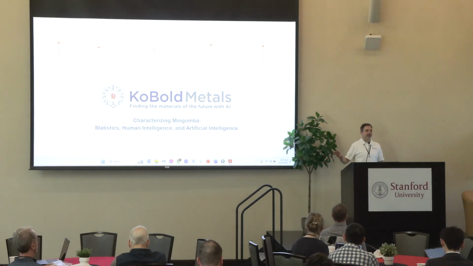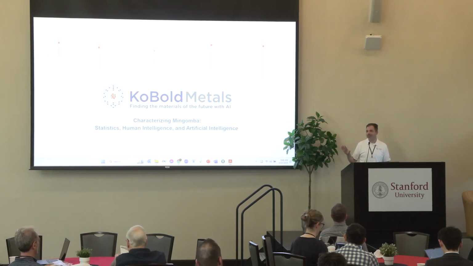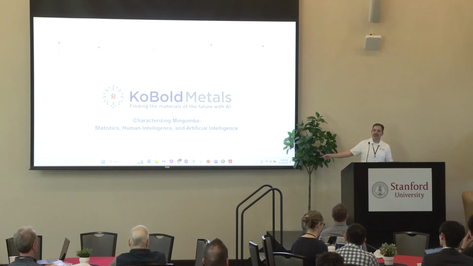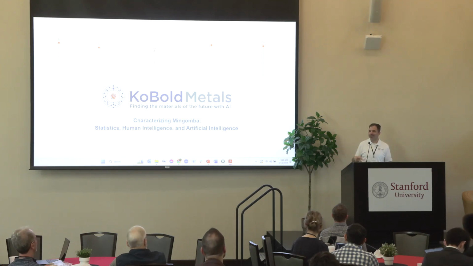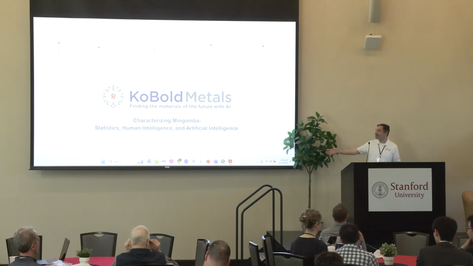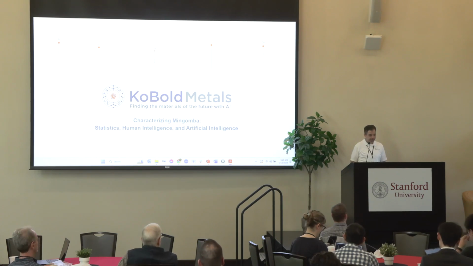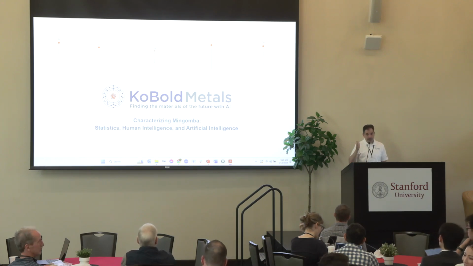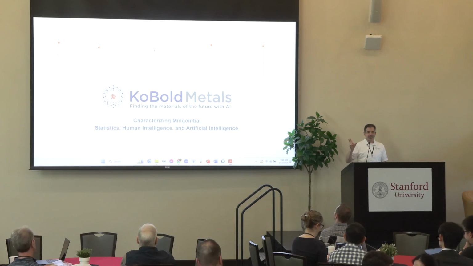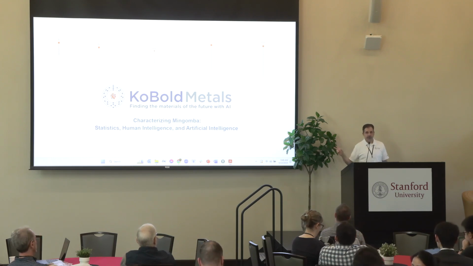Or even worse, they'll say, suppose you've quantified all of the uncertainties in your geological models as some probability distribution, p of x. Then you can do all this cool stuff, right? But when I read those papers, I don't even get to the cool stuff. I'm stuck at the very first paragraph thinking, holy hell, I'm going to have to come up with this function, p of x. I can't even get to the cool stuff. So I want to talk about what it actually takes to build some of those kinds of functions here, and how these statistical methods, and a key piece is the human intelligence, then link your real problems to artificial intelligence.